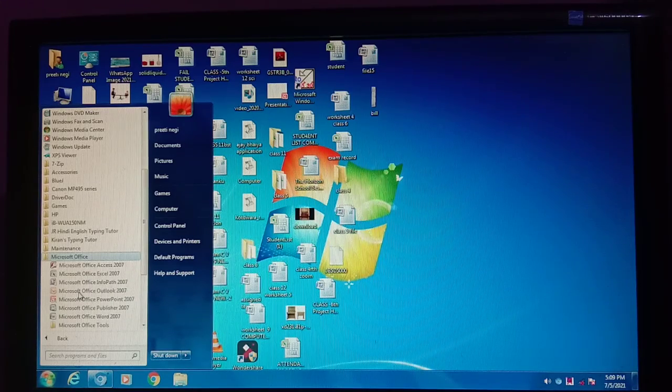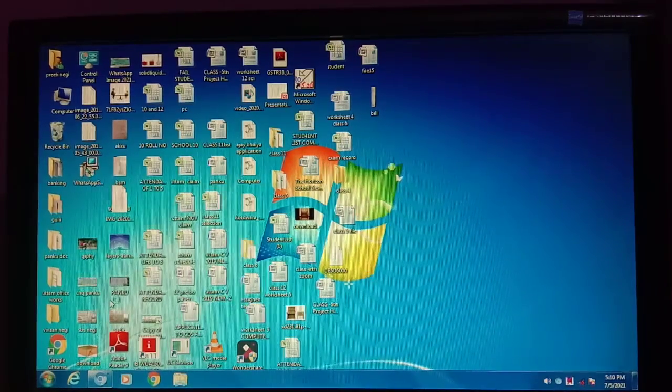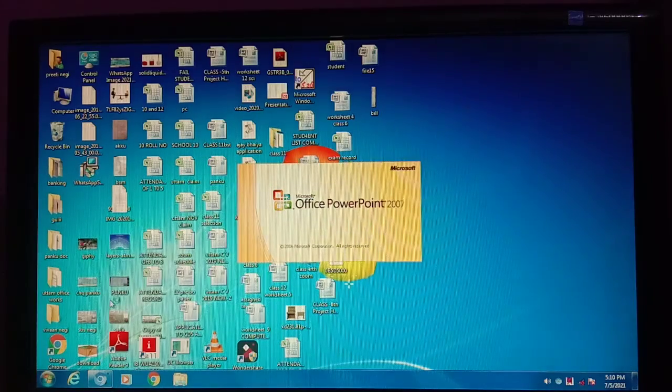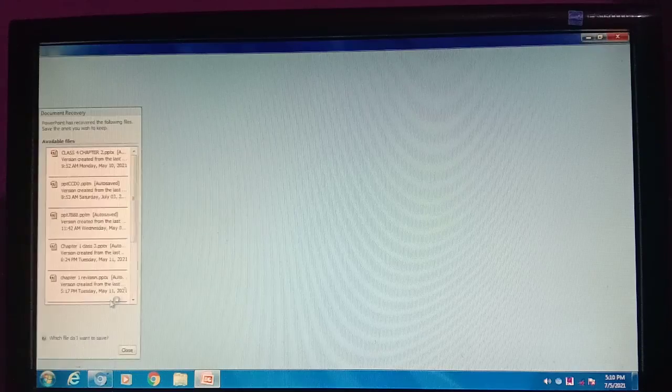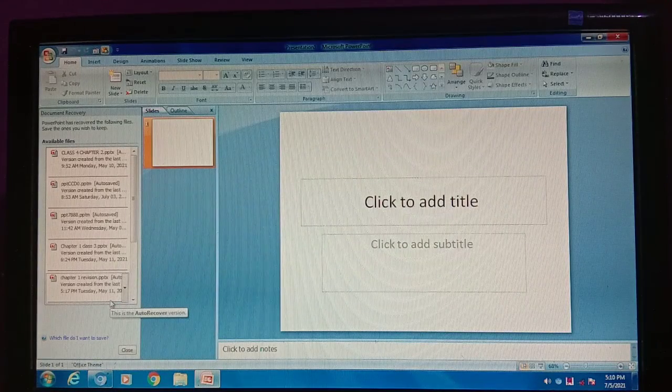Yes, this is Microsoft Office, and here we have to select Microsoft Office PowerPoint. Your Microsoft Office PowerPoint will start in a few seconds. So you can see your Microsoft Office PowerPoint window is open now. This is what I wanted to make you revise: how to open MS PowerPoint.